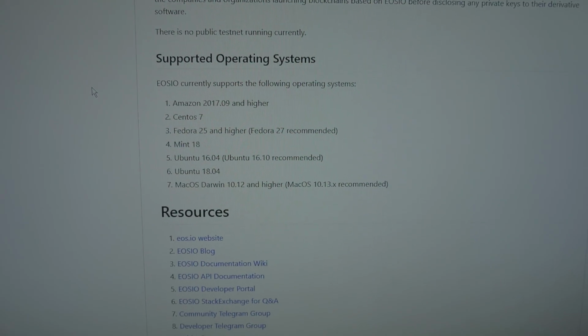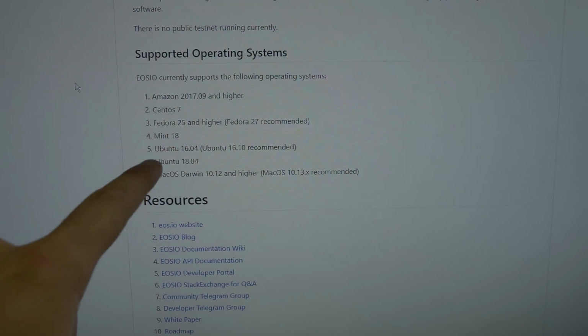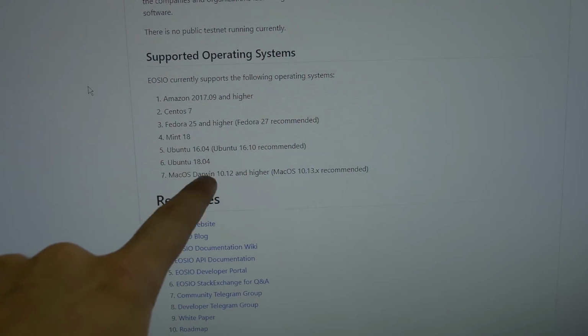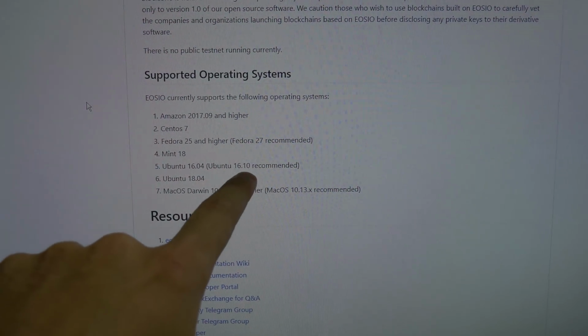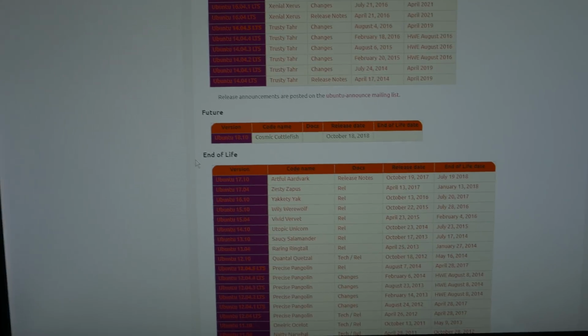So I have a virtual machine right here that I just upgraded to version 18.04, the latest version of Ubuntu. And the reason I had to do that is because, here, let me switch cameras. On the EOS GitHub, you can see there's no Windows supported, and it doesn't support version 17 of Ubuntu. It supports version 16.04, 16.10, and 18.04. And what I noticed is version 16.10 they say is recommended, but if you go down to the Ubuntu releases, you can see that